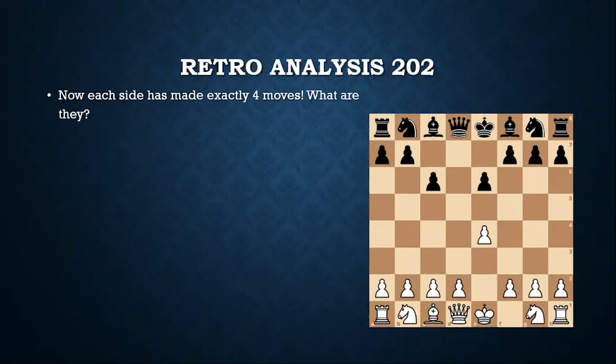So we are revisiting the basic puzzle again, where we had each side making 3 moves, and we saw that in fact that is not leading to a unique solution. So the original puzzle is like this. In fact, each side is making 4 moves, and you need to figure out what the moves are. This is a tricky puzzle if you have not seen it before, so I would definitely give at least 3-4 minutes for you to think before I move on to the discussion. So yeah, give it a try. How did each side make 4 moves and reach this position?